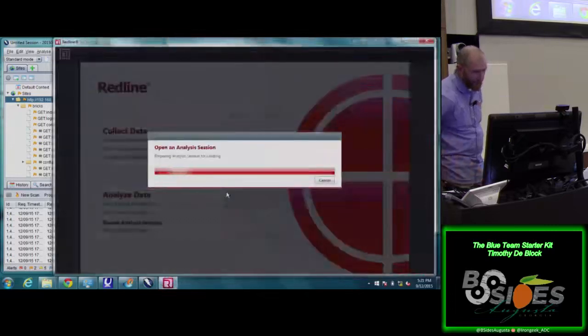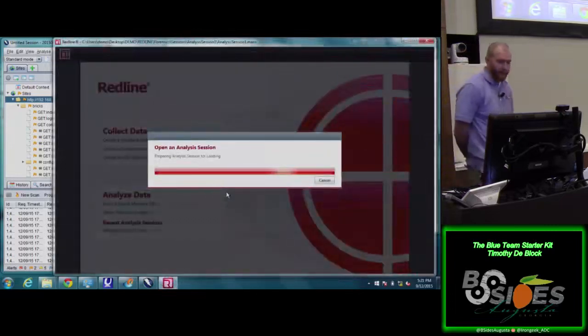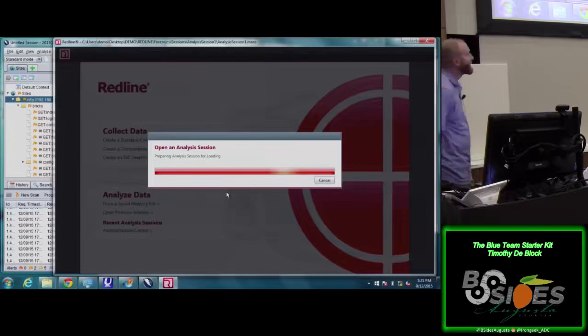This probably has more to do with the fact that I've got five or six different applications open right now. It is a really good tool, and when you launch that collection session, it's going to take 3 to 4 hours, depending on how good the computer hardware is and how many files are on there.